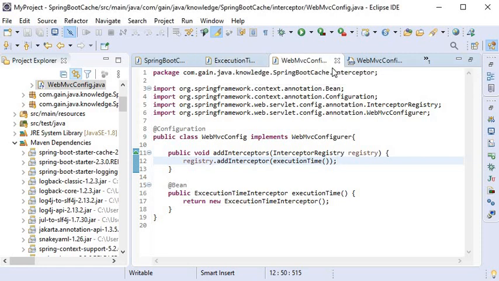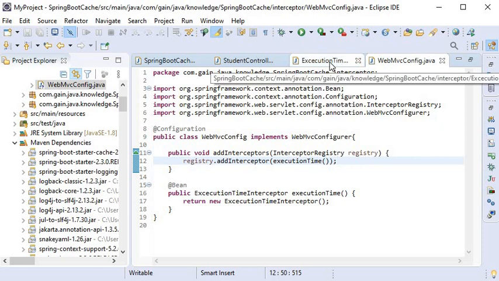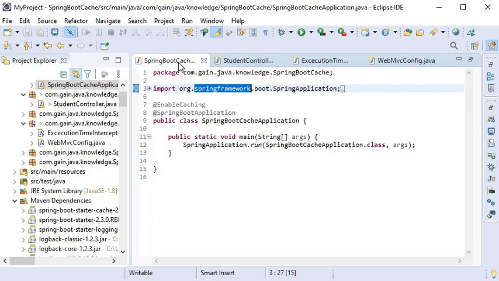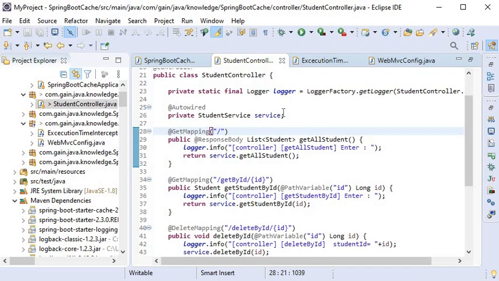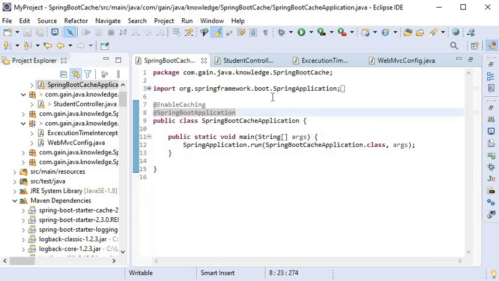Here I will close this one, and this is my main class SpringBootCache, and here this is my controller, StudentController, and here I will call this API getAllStudent, and we'll see the logs on the console how this interceptor is working.